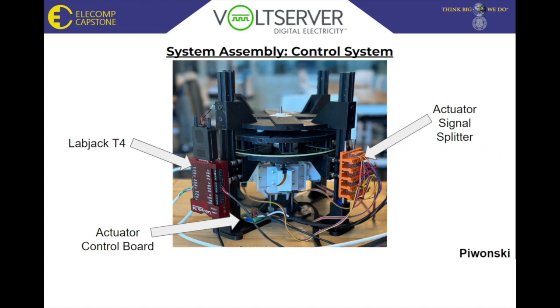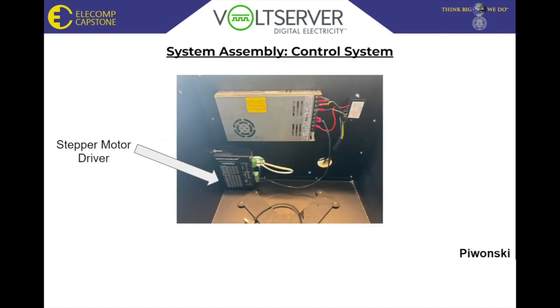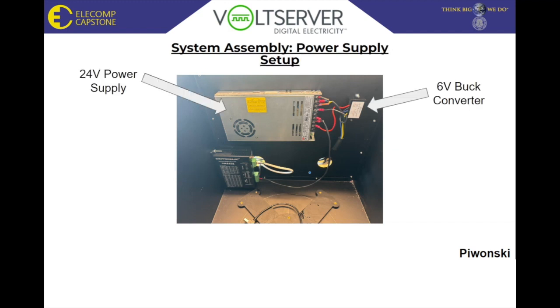At the bottom we have a green board, which is the driver for the linear actuators, and to the right we have a signal splitter, which allows us to use one driver to control all four actuators. We mounted our stepper driver on the back wall of our cabinet since it is a bit larger. And above the stepper driver we have its 24 volt power supply as well as a 6 volt buck converter,